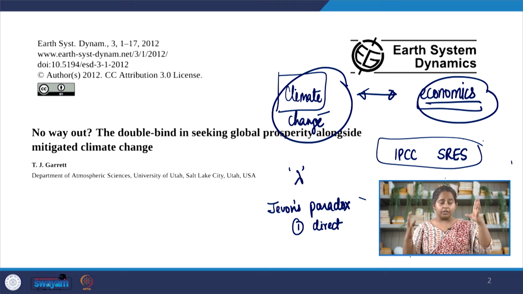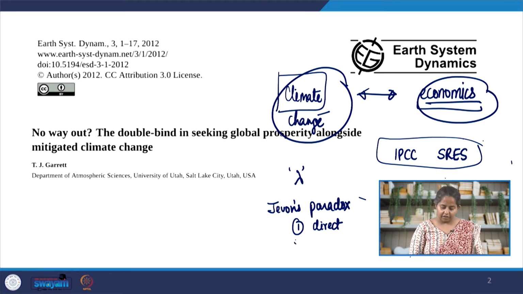So we can use the saved money to invest in more endeavors, so that we can use more of the fuel for more expansion of global wealth, for global prosperity, for increasing GDP. So this is a direct impact. Another example is that a household now spends less money on the diesel and petrol that goes into their vehicles. So that household can now use that money to air condition their homes. Even though the efficiency of using fuel in the cars has improved, so less petrol and diesel are required, the saved money is used by the household to use energy elsewhere, which is also going to contribute to GHG.